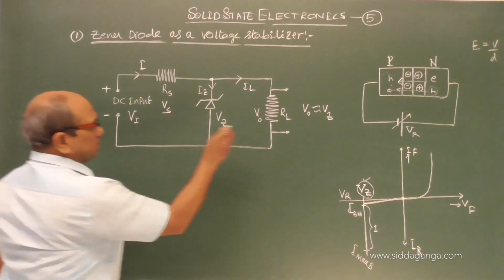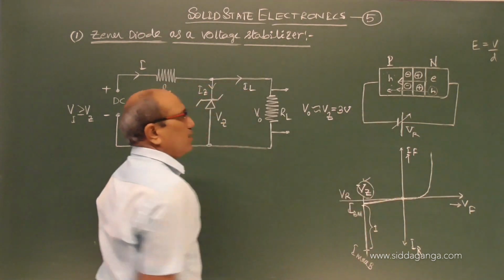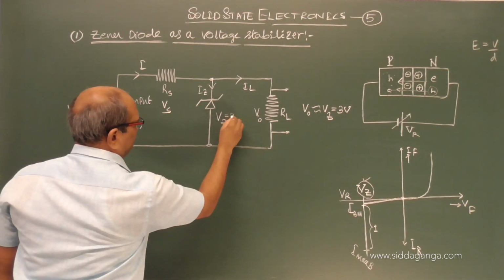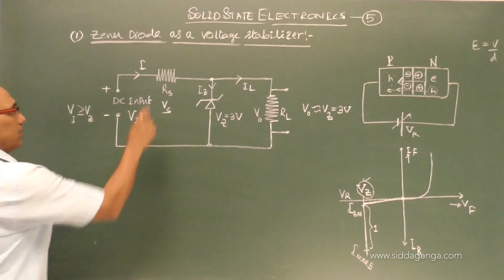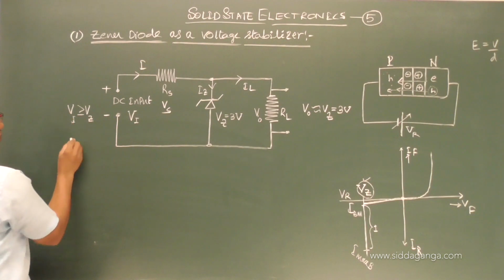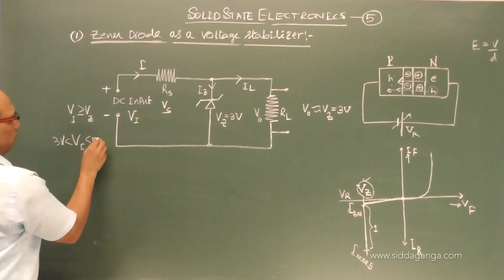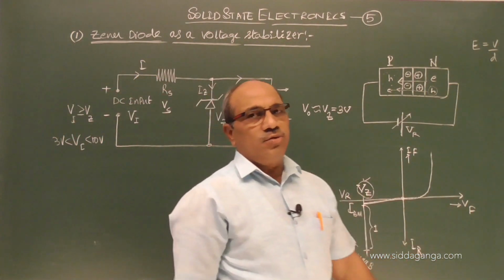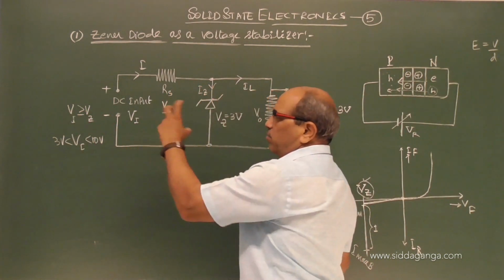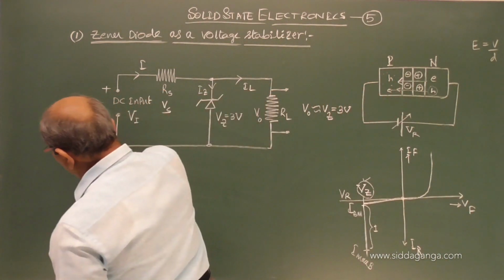For example, the Zener voltage you are expecting may be 3 volt. Example I take 3 volt. So the Zener voltage I have to take is 3 volt. This limiting resistor, how it works, let us see. But the voltage of the input may vary between 3 volt to 10 volt. For example, take it swings between 3 volt to 10 volt. Minimum voltage required is 3. It may be the input is not steady. It is having undulation and varies between 3 to 10 volt.